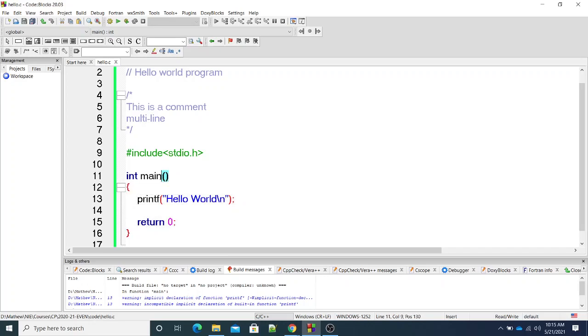We cannot change the name, and the input to this function is nothing. We don't have any input to the function, and the output of this function is an integer. To indicate that an integer is the output of this function, we mention int.